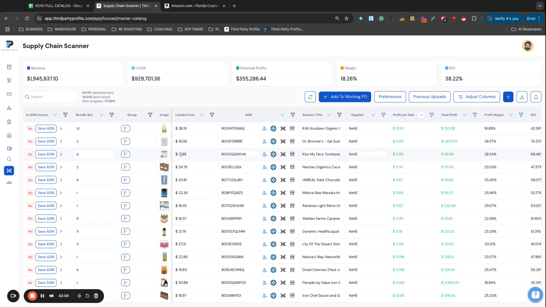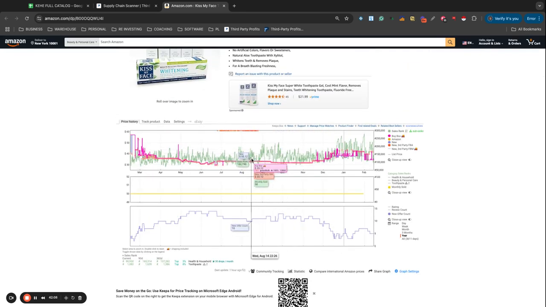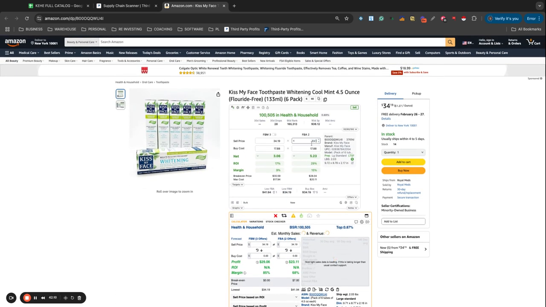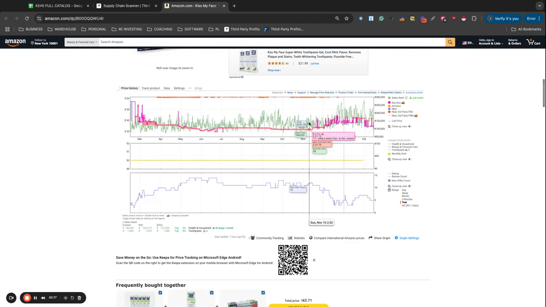Kiss My Face toothpaste, 34 to 38, $12 profit. We have some room there. Awesome. 17.88 is my cost. Product is profitable, but at 33, it's solid product. All right, this is 2 pounds. That's going to be, let's just call it $1 with production, 10% margin,